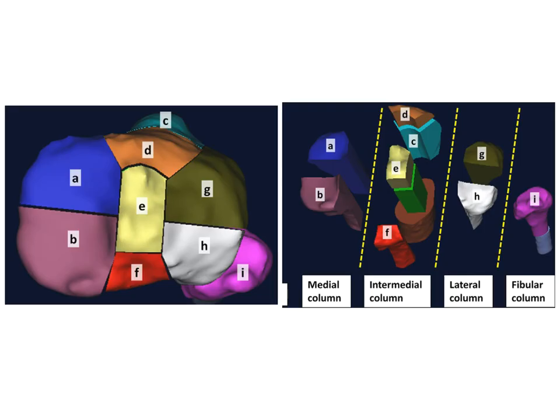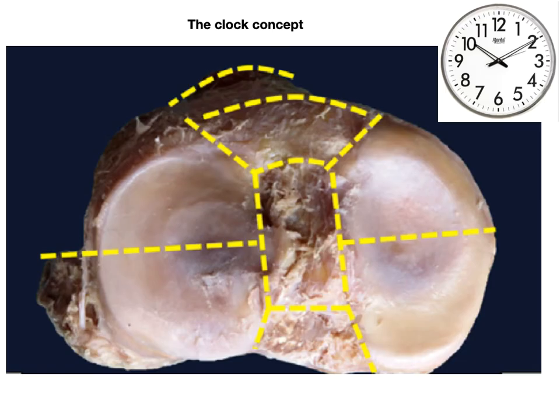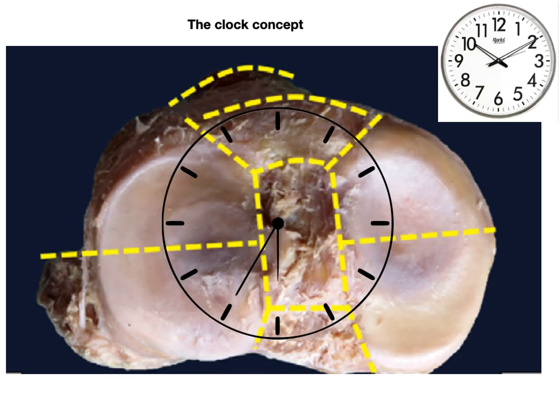Now people have taken this even further, and there is a 9 fracture fragment configuration that has been described, A through I. So you can see that they've also put the tibial tuberosity as C and the fibular head as an additional column called I. But I think it is taking it a bit too far, and perhaps, in my opinion, a very simplistic view is to just draw a clock here, and you can have a configuration of where the fracture is lying.